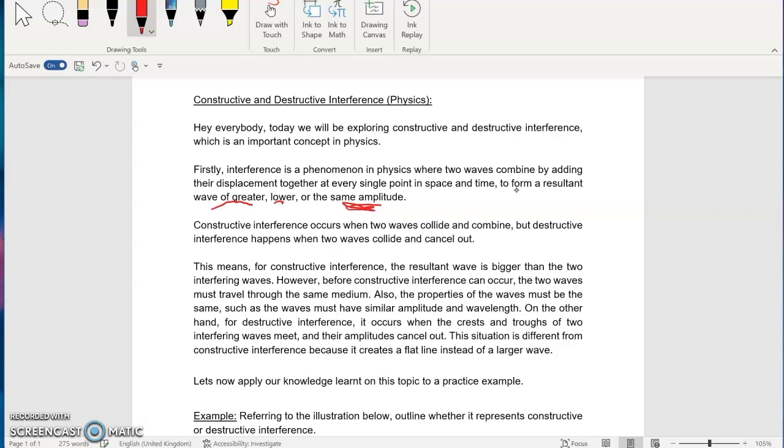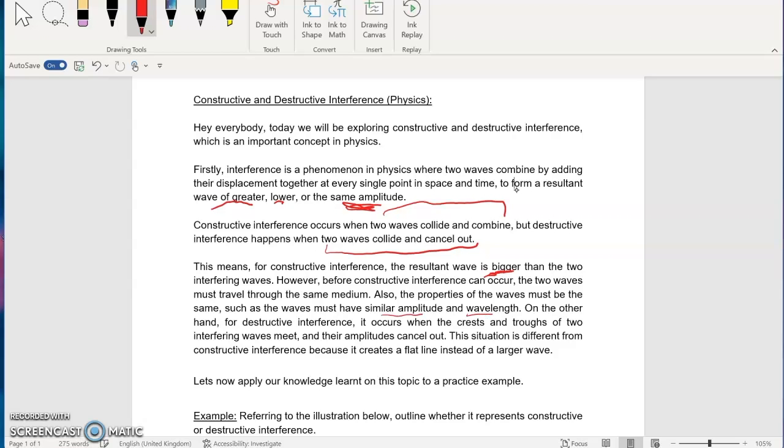Constructive interference occurs when two waves collide and combine, but destructive interference happens when two waves collide and cancel out. This means for constructive interference, the resultant wave is bigger than the two interfering waves. However, before constructive interference can occur, the two waves must travel to the same medium. Also, the properties of the waves must be the same, such as the waves must have similar amplitude and wavelength